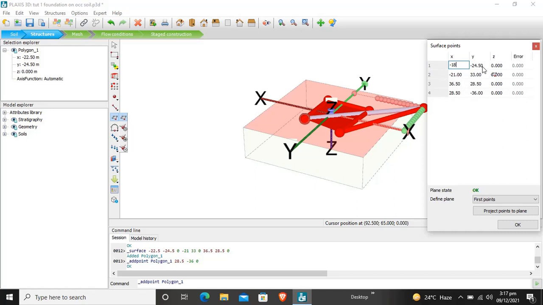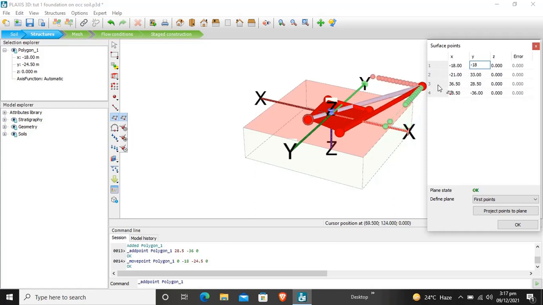Now we will enter here the surface points, it is x minus 18 and y minus 18. I entered these minus 18 and minus 18. The negative signs are just because I want my origin to be in the center of the building. That's why I'm entering this x and y in negative.